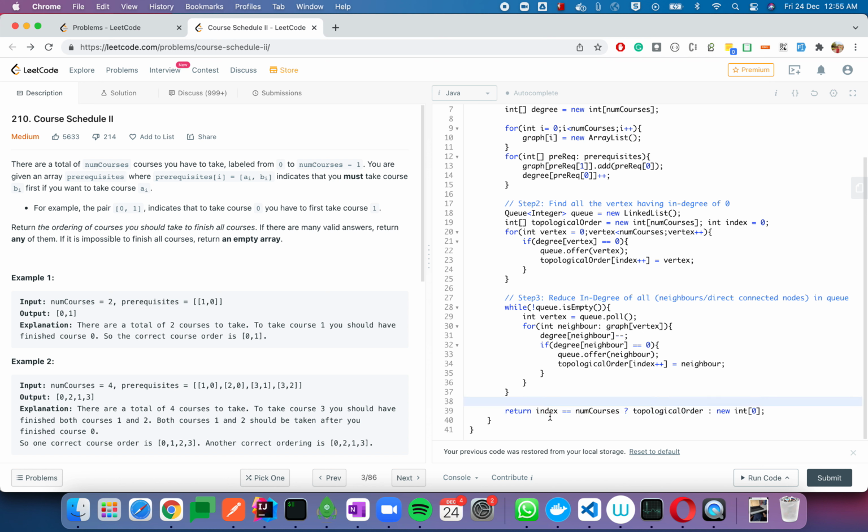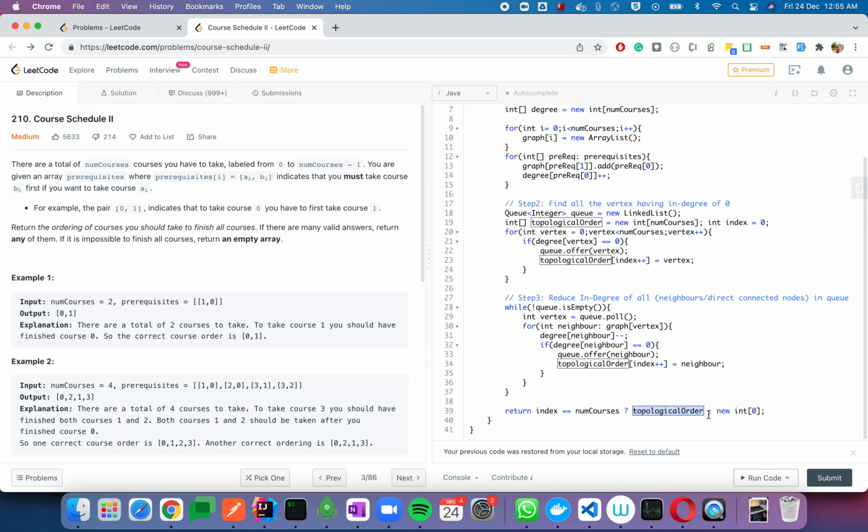Suppose I am pushing the vertices in my topological order array, and if my index reaches a stage where all the nodes have been processed, meaning all the nodes are part of my answer, it means there is a solution where all the courses can be taken. If that's the case, then I will return the answer.